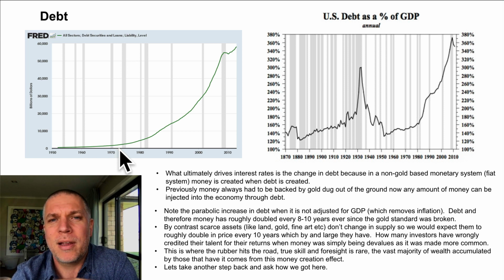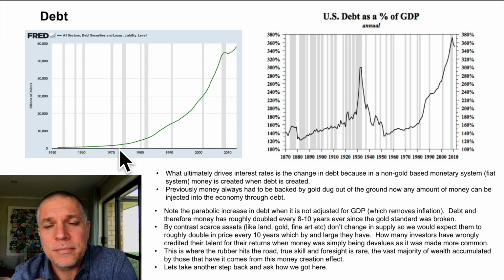If money is becoming more common, to the tune of twice as common every 10 years, there's twice as much money every 10 years entering the economy, then you would expect asset prices for things that aren't increasing in supply, like land, gold, fine art, rare cars, you'd expect their price to pretty much double every 10 years, because they're not increasing in supply, and money's growing twice as common every 10 years. And then that's pretty much what you've seen. House prices and gold, particularly more recently, you've seen that exact pattern.